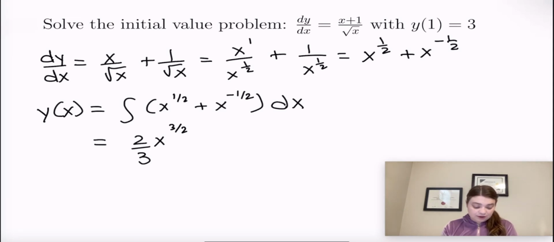And then we'll do the same thing with the other one, right? What is x to the power negative a half's antiderivative? Well, in this case, we know that we would have to add 1 up here, so we would end up with x to the power of a half. And then we would have to have that times 2, so that the 1/2 and the 2 when multiplied, when we're taking the derivative of this to get back to here, we would end up with x to the power negative a half. And then, of course, I'll put plus c,